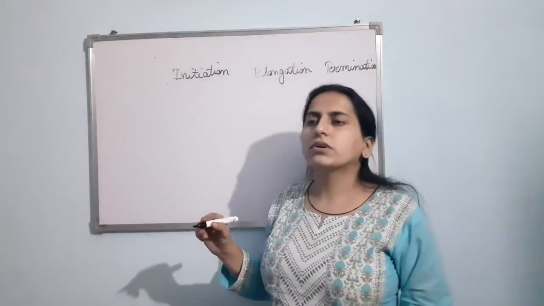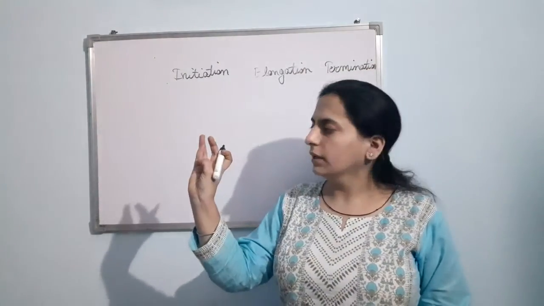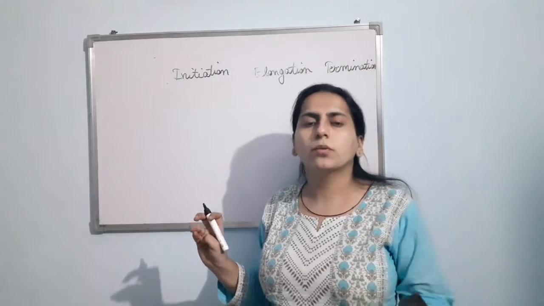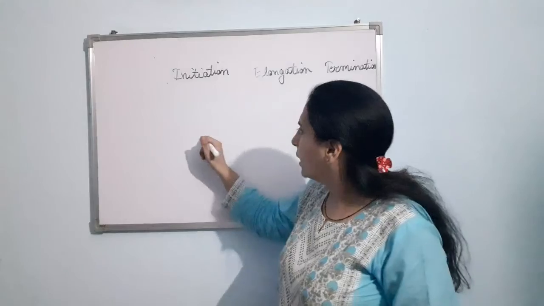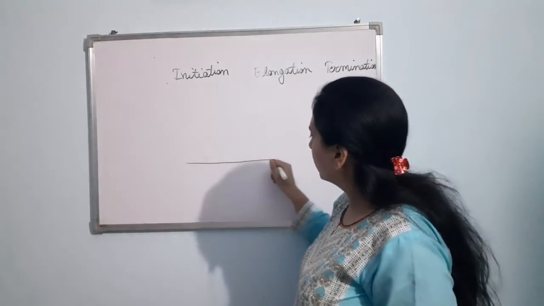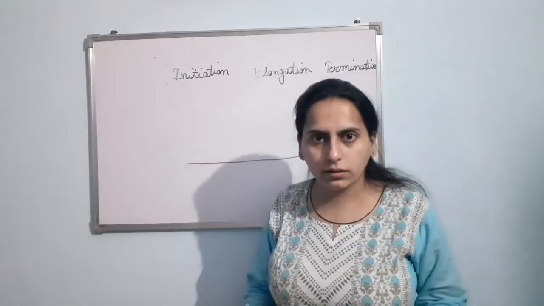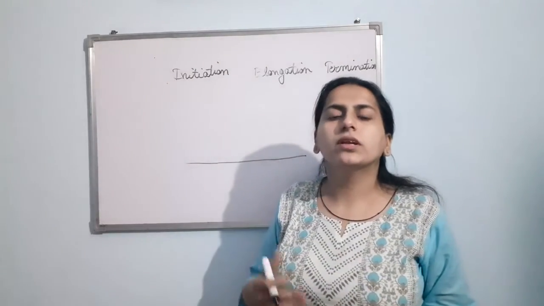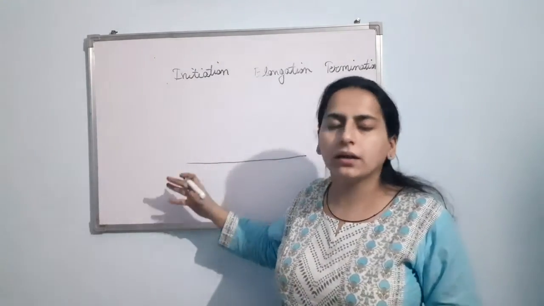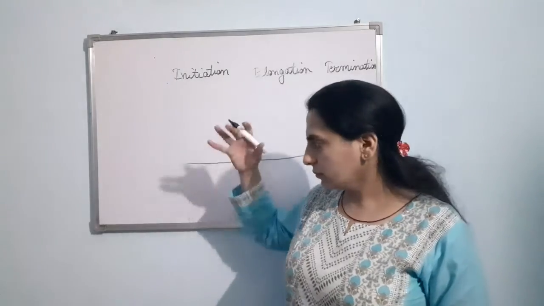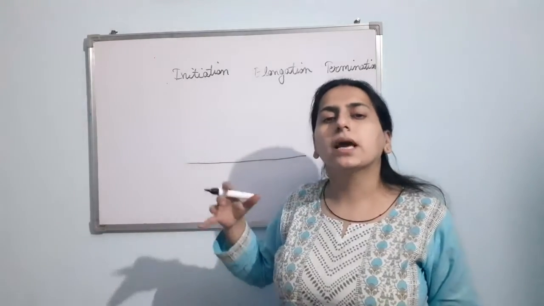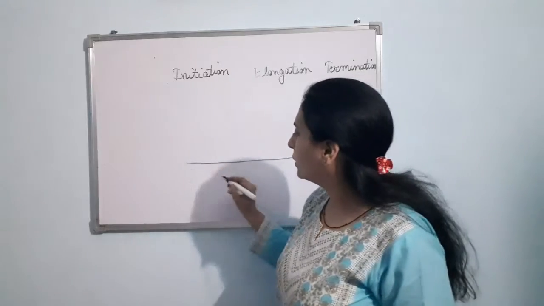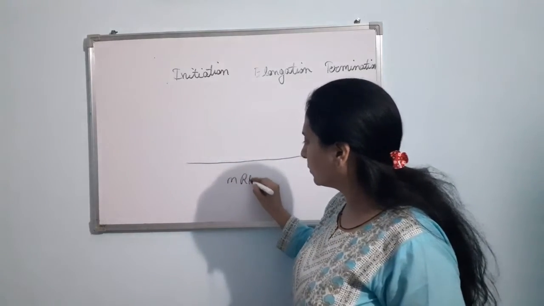Okay, so firstly we have mRNA, tRNA, rRNA. These all are required for the process of translation. mRNA has the code. The sequence of the nucleotides on the mRNA will tell the sequence of the amino acids that are going to be made in the protein. Clear? So this is the mRNA